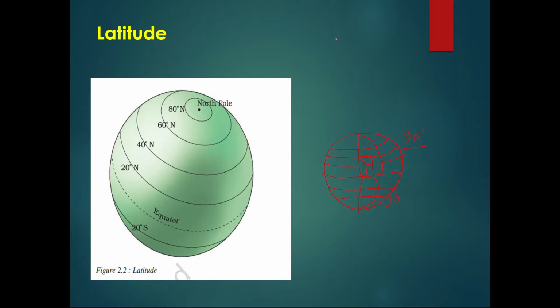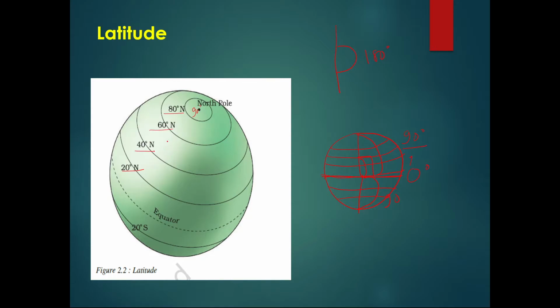We also know that if this is a straight line, then the total angle is 180 degrees. These are our assumptions; these are not real lines, but imaginary lines. So we make this 0 degrees, and when we go up, 20 degrees, 40 degrees, 60 degrees, 80 degrees, and this is 90 degrees.